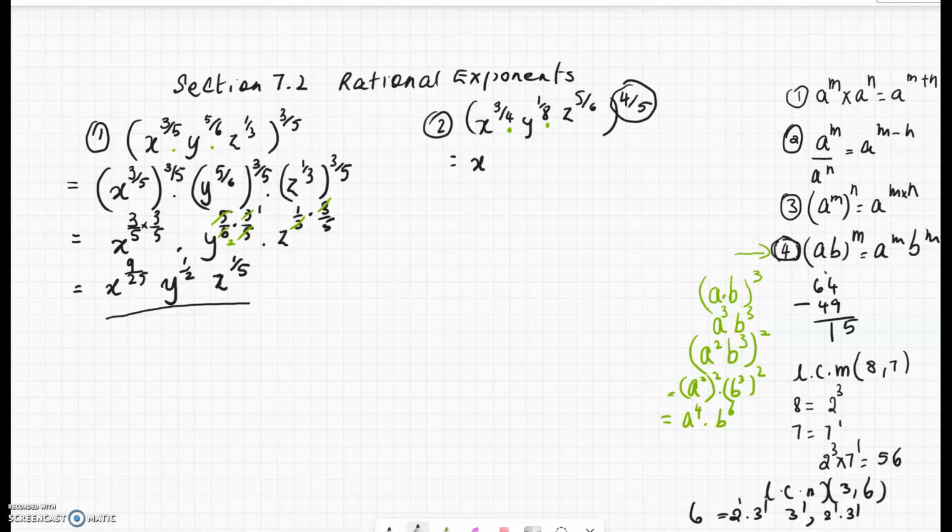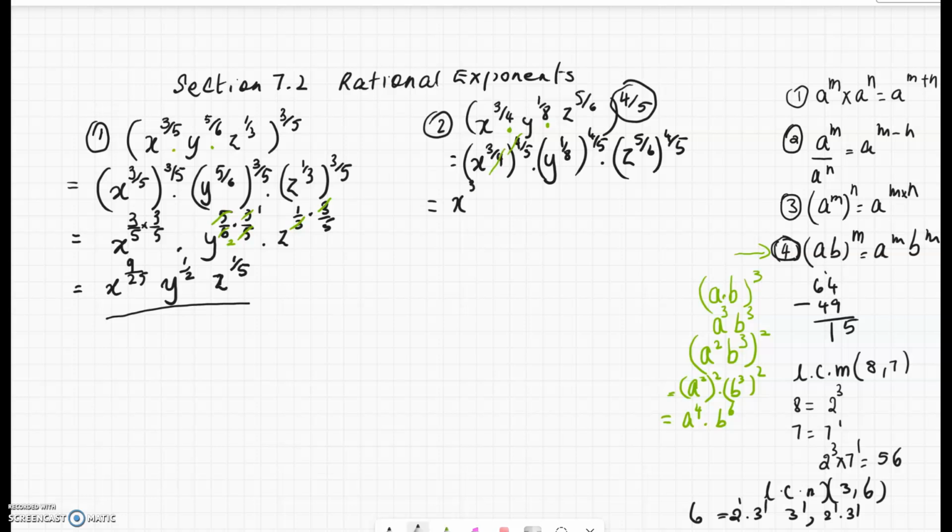So by the rule of exponents, it's x to the 3/4 whole to the 4/5 times y to the 1/8 whole to the 4/5 times z to the 5/6 whole to the 4/5. Now we cancel common factors, if any, because we're going to multiply the exponents,